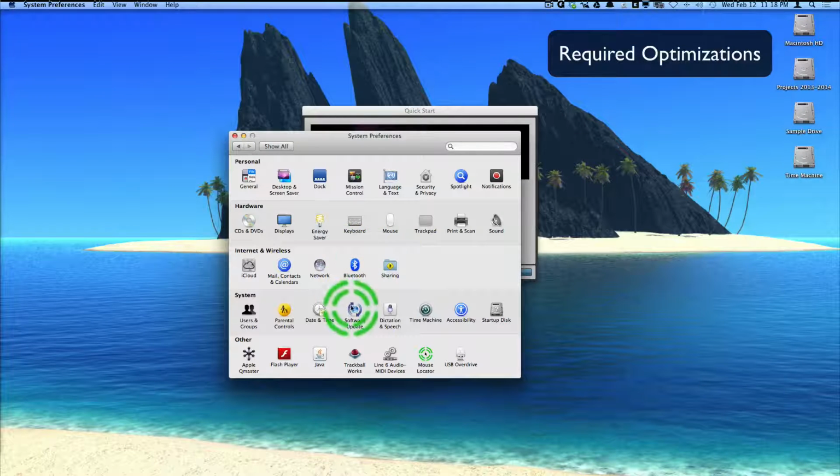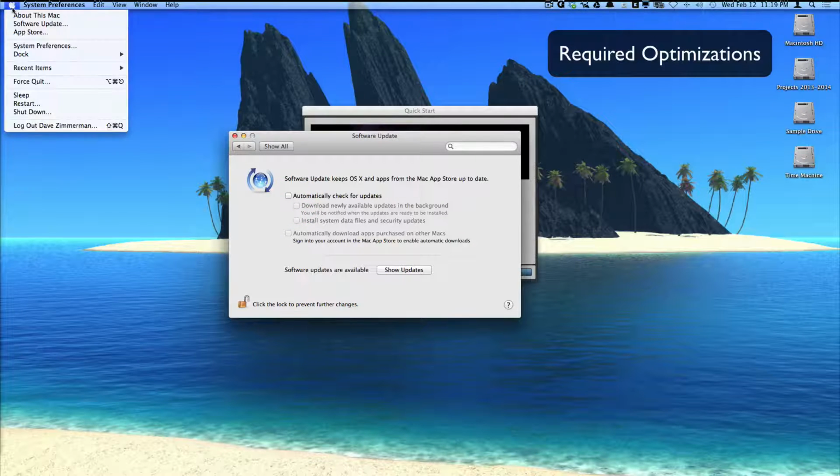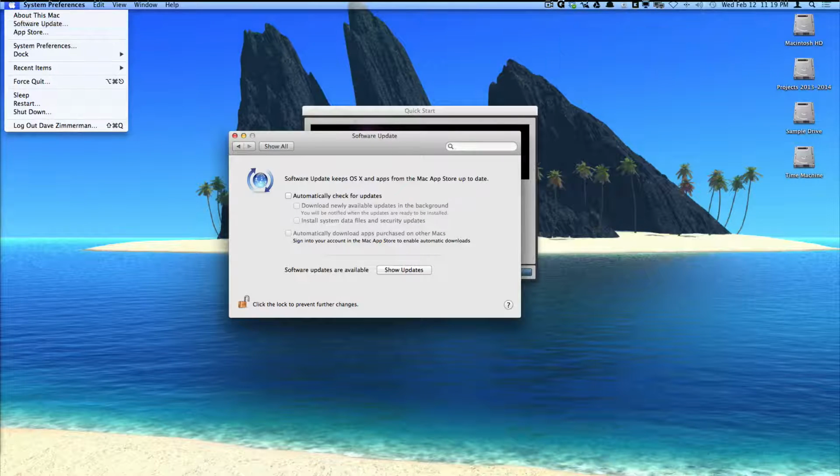Also, you'll want to go to Software Update, and you will want to make sure that this is turned off. Now, this is really important because if you have this on, you don't want your system to just automatically update. Even though it may be a minor update, you want to make sure that any updates that your operating system does is approved by Avid. There have been times in the past where a system update has actually caused Pro Tools to not even launch. So you want to make sure you have this turned off, and then when you are ready to update your operating system, you can do your software updates by clicking on the apple and going to Software Update and run